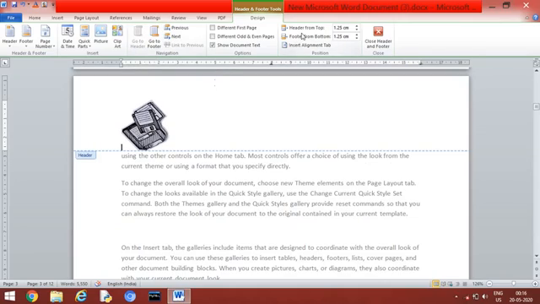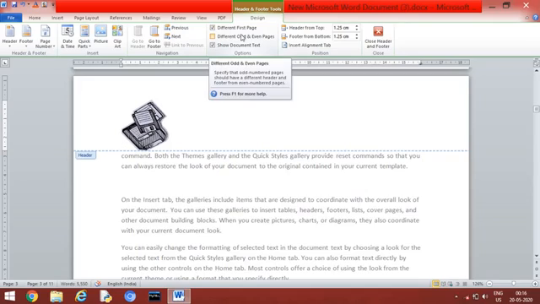Now coming to different first page, different odd and even pages, and show document text. For different first page, we know that whatever header and footer we give becomes common for all the pages, right? Now if we want the first page to be different from the rest of the pages, we can just select this as different first page, and the first page header will become different from the rest of the pages.